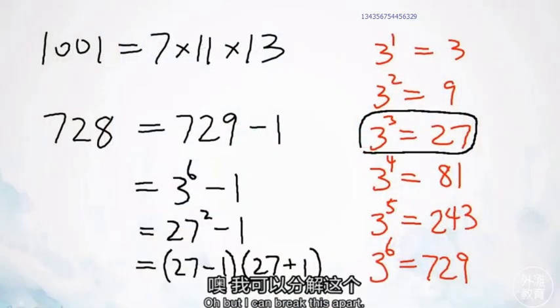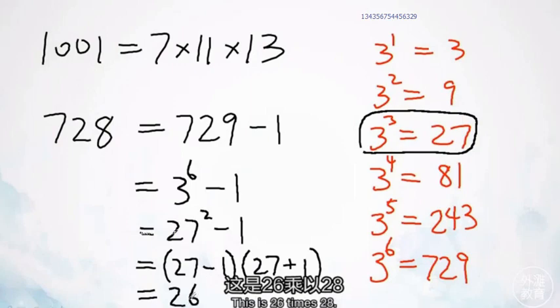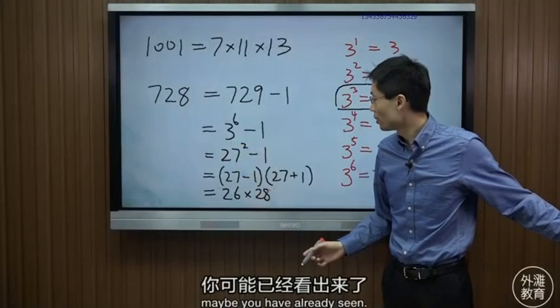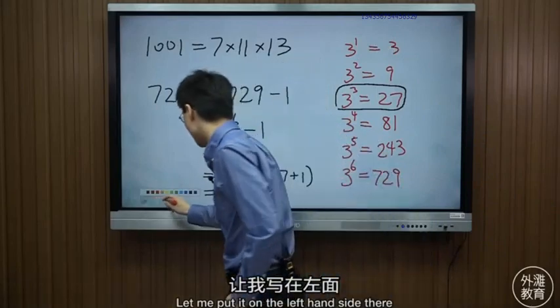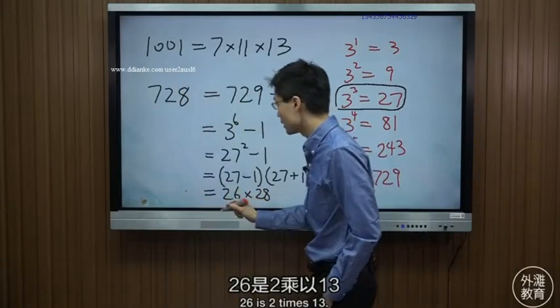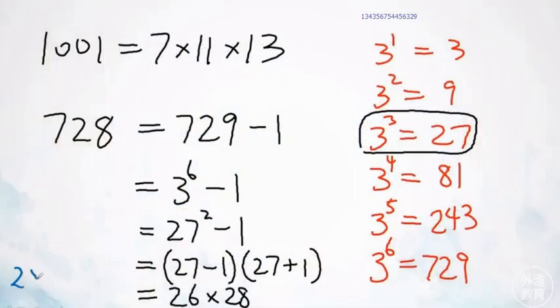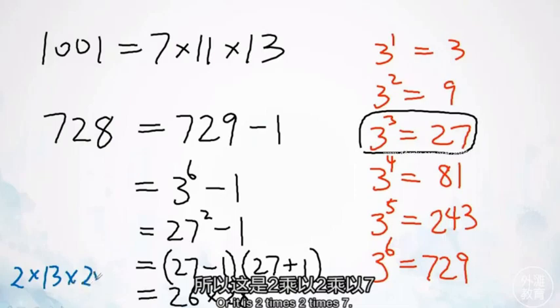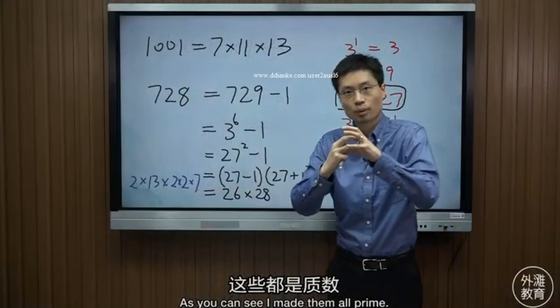Oh, but this I can break apart. This is 26 times 28. Those are easy to factor now. If I already have 26, 28, maybe I'll put on the left side here because it's so easy. 26 is 2 times 13. And 28 is another 4 times 7, or it's 2 times 2 times 7. As you can see, I made them all primes